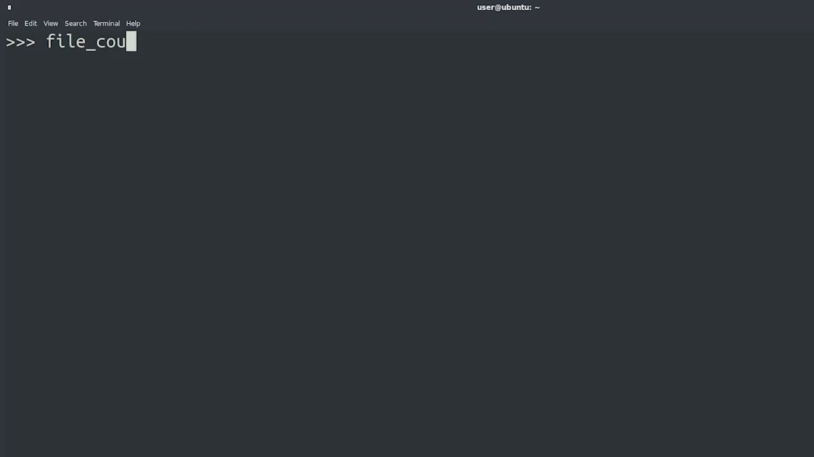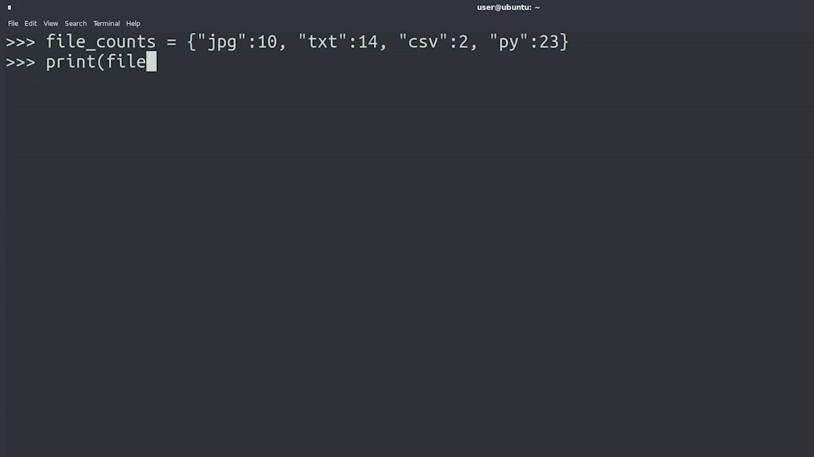We'll call it file_counts equals, and then open bracket, JPEG: 10, text: 14, CSV: 2, and PY: 23. Print file_counts. In this file_counts dictionary, we've stored keys that are strings, like JPEG, that point at integer